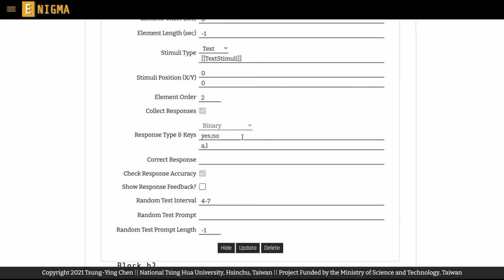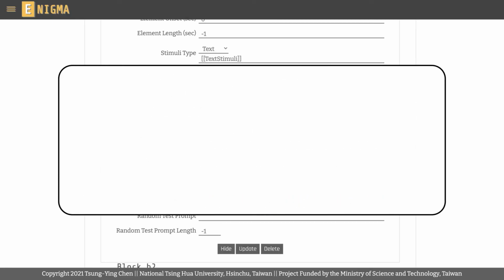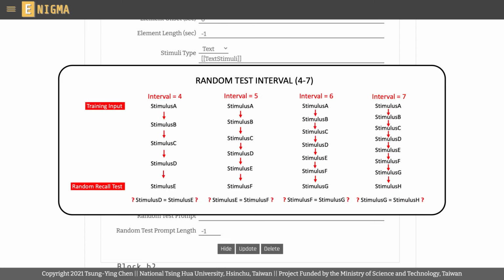There are 3 other settings that are only specific to random recall test. One is random test interval, which determines how the random recall test is administered. For example, if you enter an interval of 4 to 7, it means the test appears after every 4 to 7 trials.